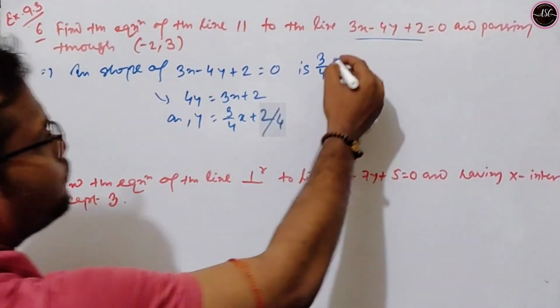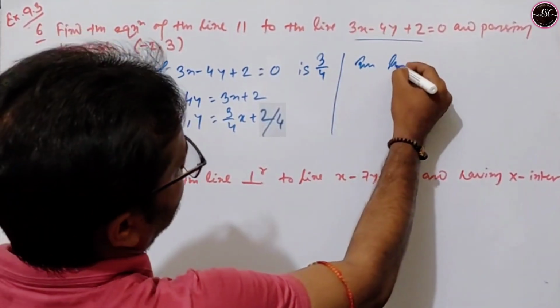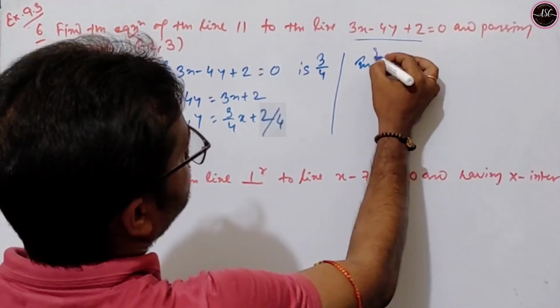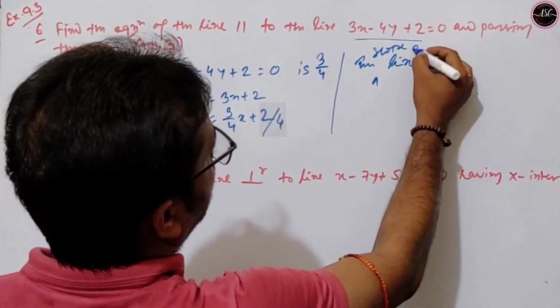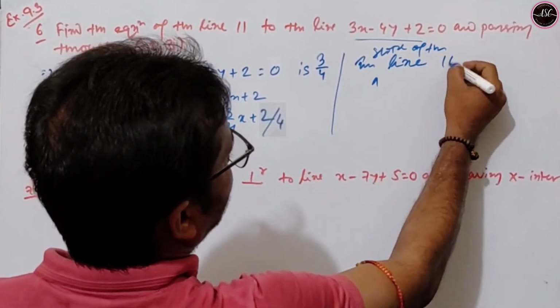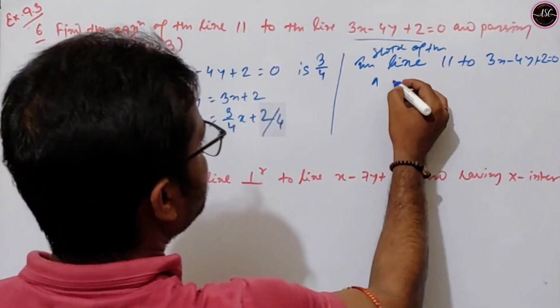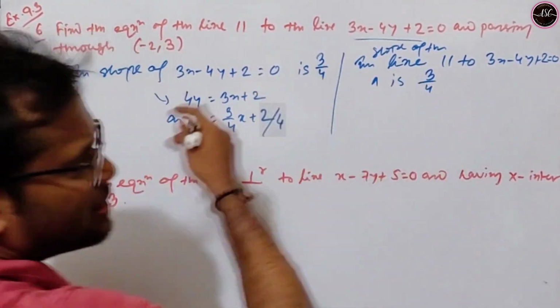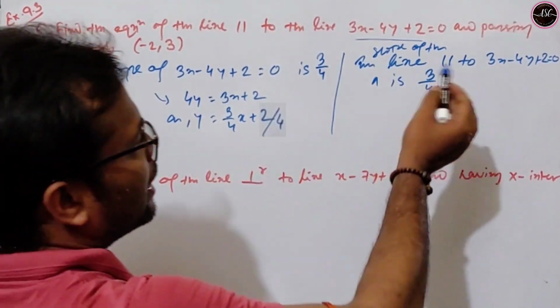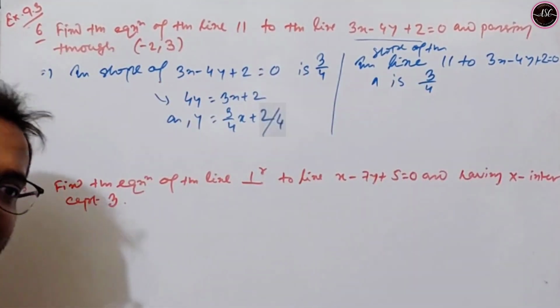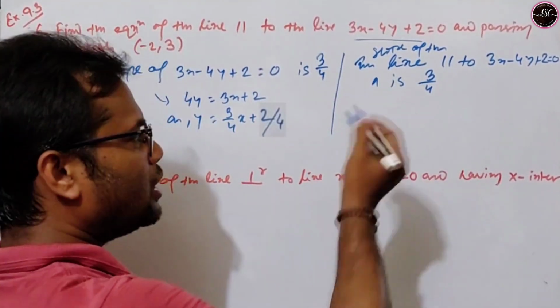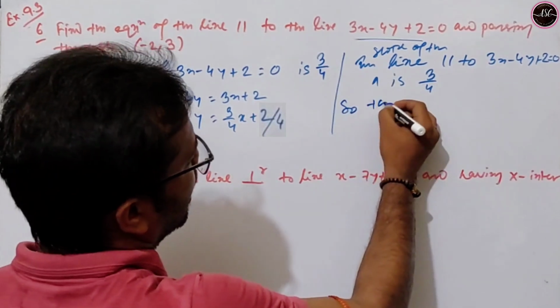So the slope of the line parallel to 3x minus 4y plus 2 equal to 0 is 3 by 4, as the slopes are equal. So the line passing through minus 2 comma 3 and with slope 3 by 4,